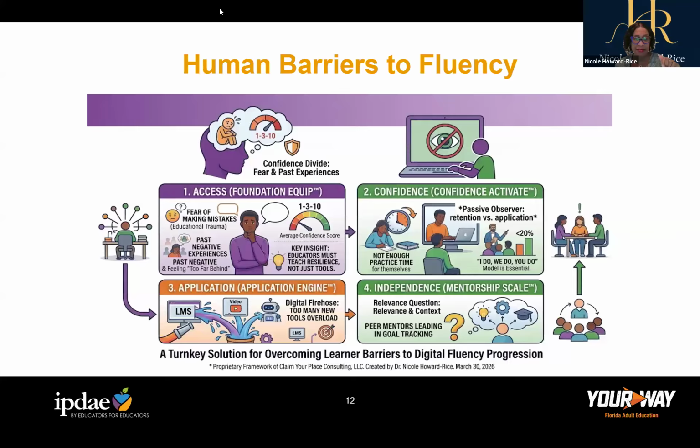Canva's great. I'm glad that you're taking the plunge to learn more about AI. That's going to make all the difference in the world for not only the learner, but for you as well. Yes,